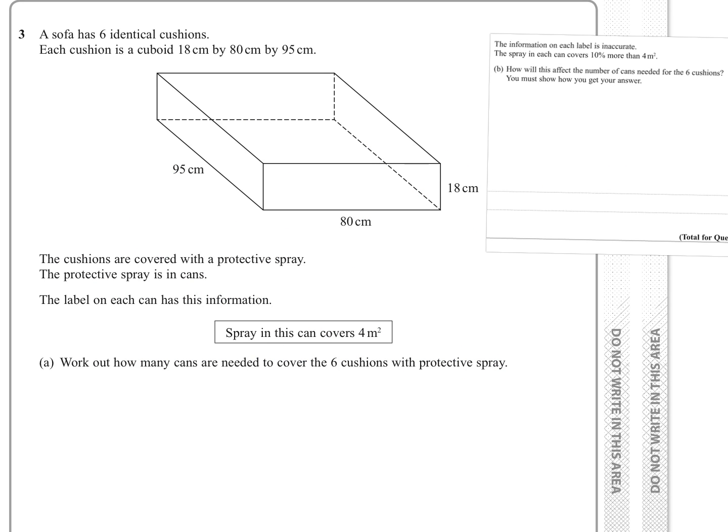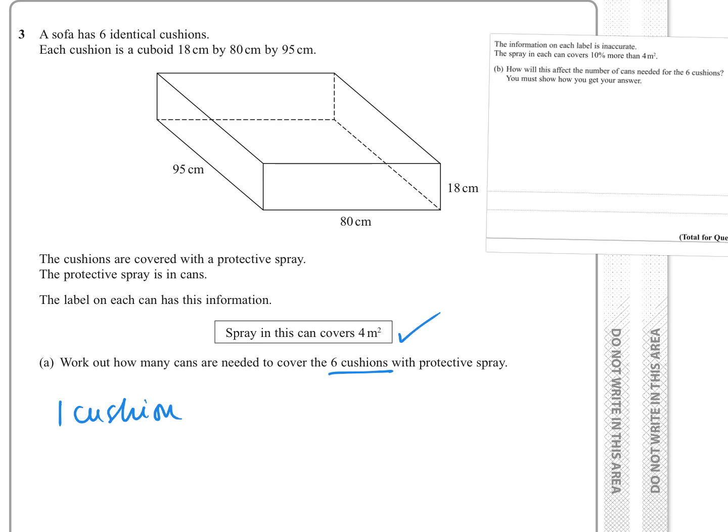Question 3. A sofa has 6 identical cushions as shown, 95 by 80 by 18 centimetres. The cushions are covered with a protective spray, and the protective spray is in cans, and it says that spray in the can covers 4 metre squares. So we've got to work out how many cans are needed to cover 6 of these cushions. Well, let's have a look. So I would suggest that we work out the surface area of one cushion,